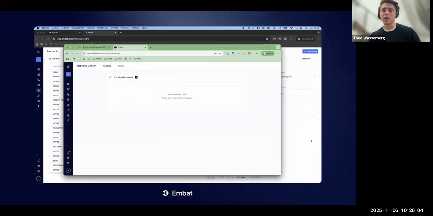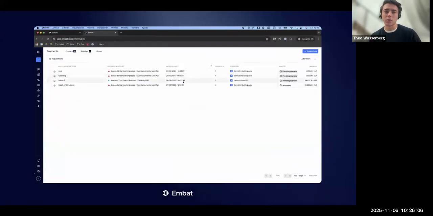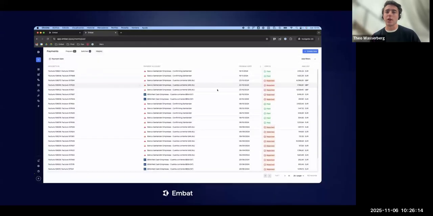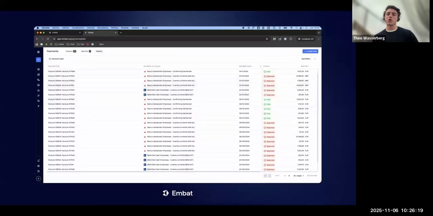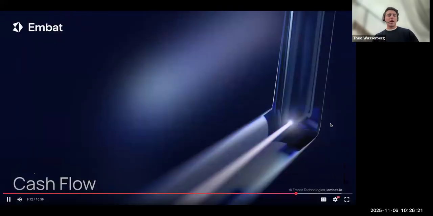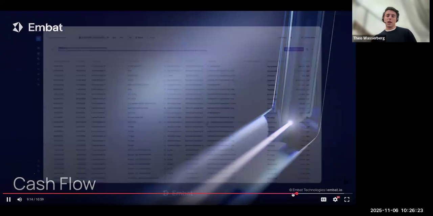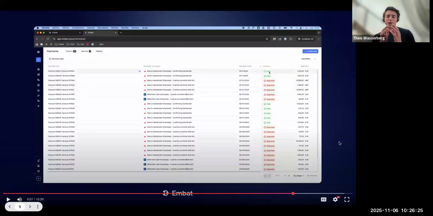And when I go back now into the system as the user that was posting the payment, I can see what's in pending, right? What's been approved and what's going out. And if I look at the history, you can see all the history of what's been paid, were there any issues in transit, etc. And before I just move on to cash flow, I'll just talk about that because there's a couple of things that happen in payments that I think we often forget about.